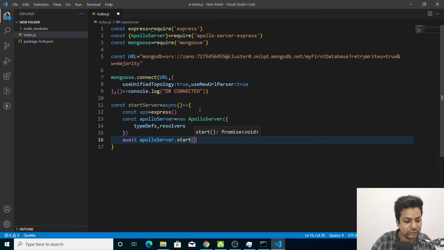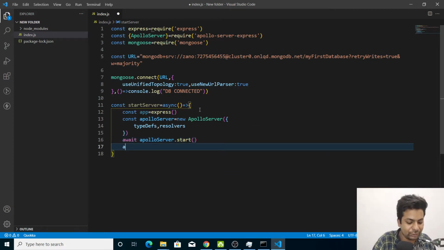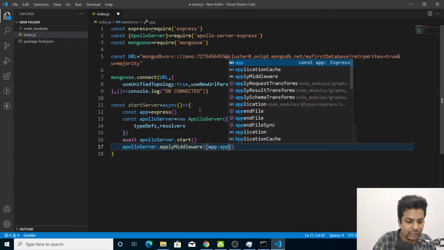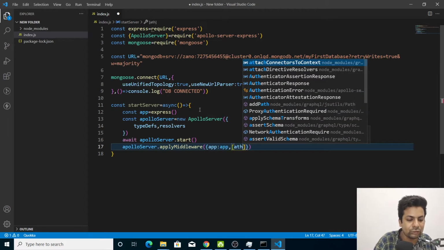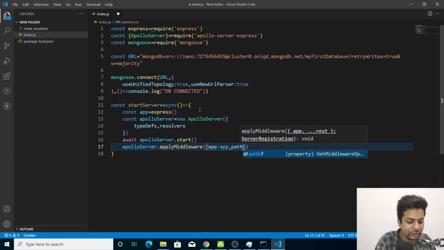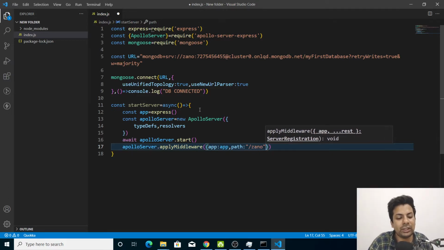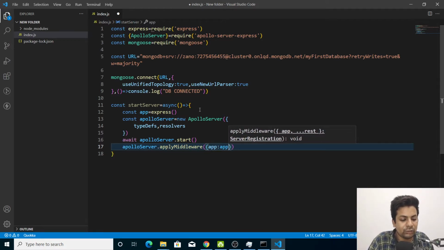Then we'll say apolloServer.applyMiddleware, and here we'll pass app. Here you can also give a path on which GraphQL will run, like slash graphql, or whatever path you want to give. By default it's slash graphql, so I'll remove it.